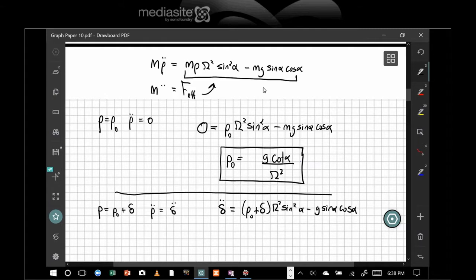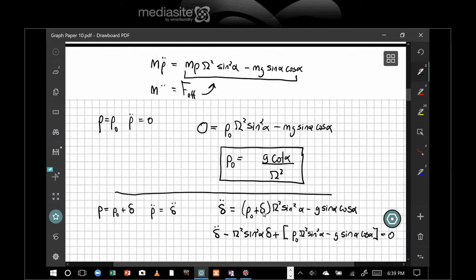I'm going to bring everything to the other side. I'm going to get delta double dot minus g delta squared. So I'm going to basically multiply this term here. I'm going to look at the term times delta first. That's going to be omega squared sine squared alpha delta. Plus, and then I have a bunch of constant stuff. So the first constant stuff is going to be rho naught delta squared sine alpha squared minus g sine alpha cosine alpha